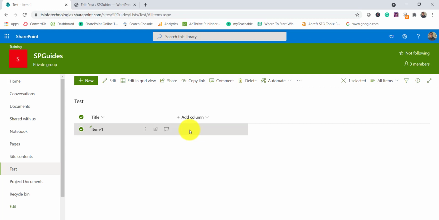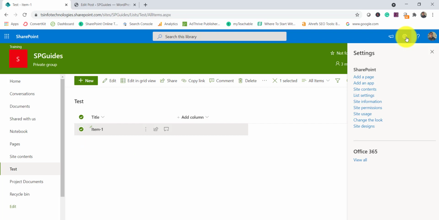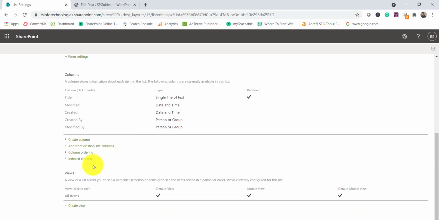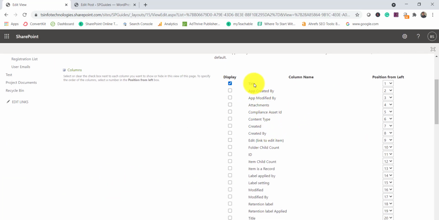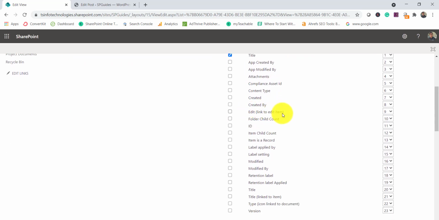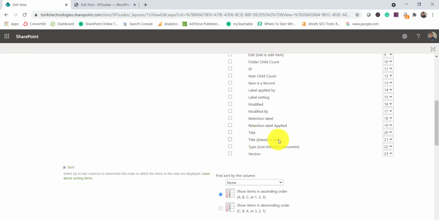Now there is a very important thing that we do here, or by default that SharePoint uses, this title column. If I go to this particular list view, so I'll go to the list settings, I'll go to the all items view. Now look at this title column here. The title column, you can see here by default, is text, and then there is an edit link to edit the item. So that one is also the title column it is taking, and here you can see title and title a link to item. So these are the places where it actually uses this title column.